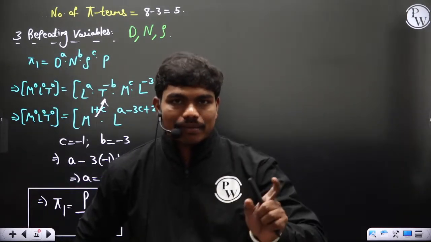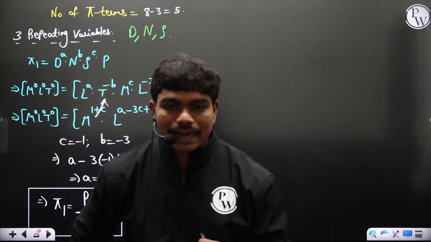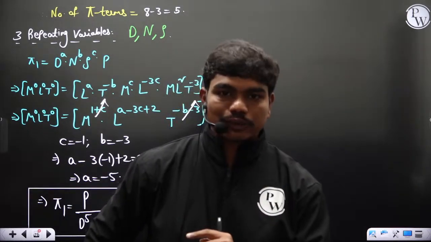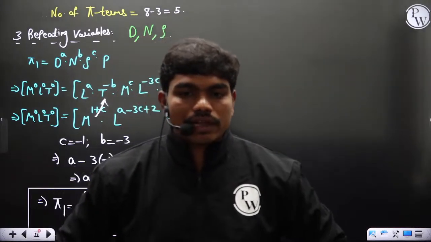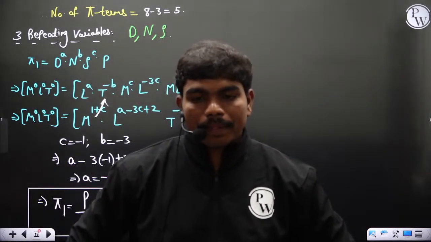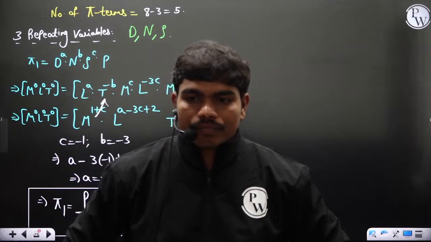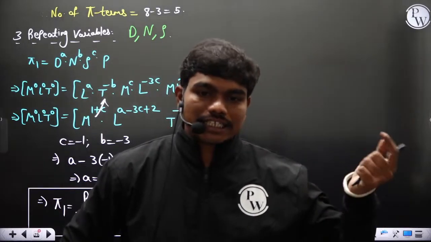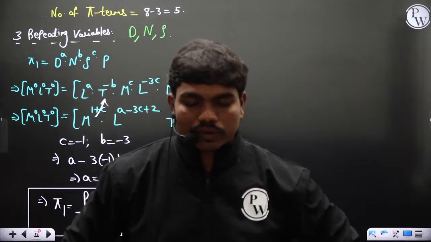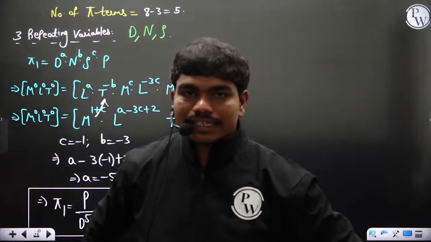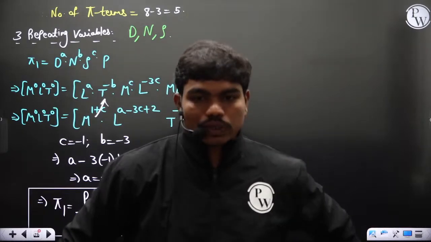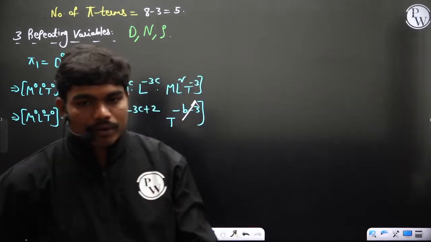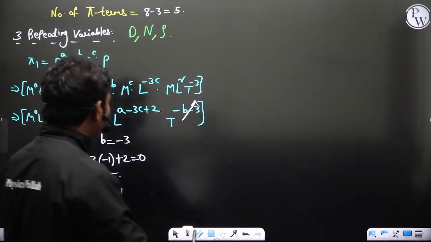So it talks about the kinematics of the problem. Okay, so that's why you have taken N. If you want, you can take discharge also. Things go fine, no issues. Since velocity is actually involved in the discharge, you can take that also, no issue. But since this is more fundamental in kinematics, I have taken N. I just want to show you one thing, so that's why I have taken N. Okay, so let's see. Pi 2